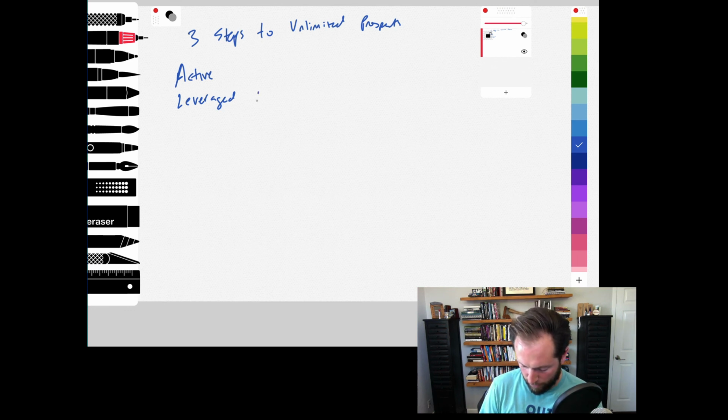Leveraged means that you put in your time and you get way more back, all right? So you get a lot of prospects. It's a way to exponentially increase your prospecting efforts in a business that we already know has an exponential effect. We might as well do this with our lead gen as well, right? So we're going to work on leveraged ways, and this is the only way that you can get truly unlimited leads. This is also the only way that you can get leads while you are doing other things like sleeping. All right, or hanging out or whatever.